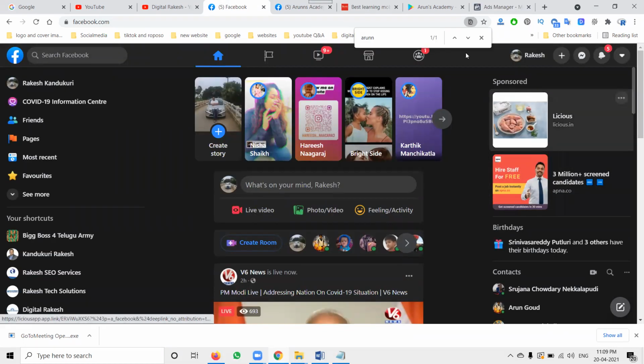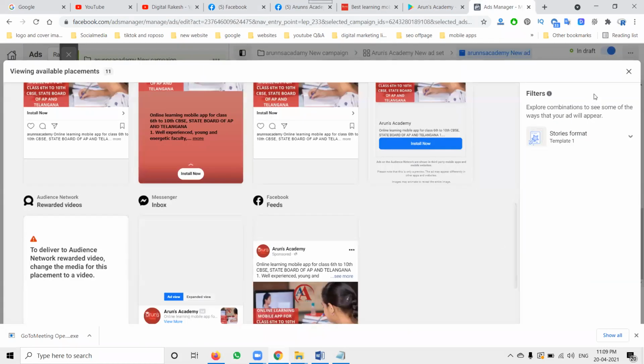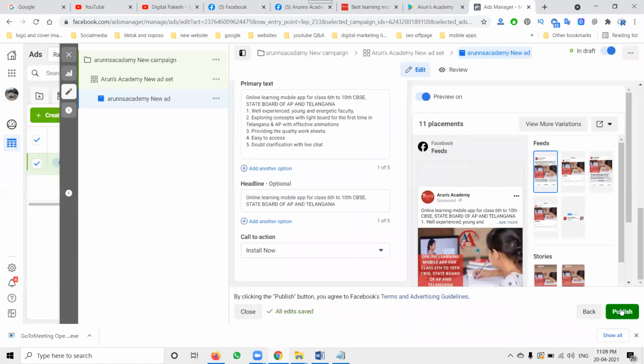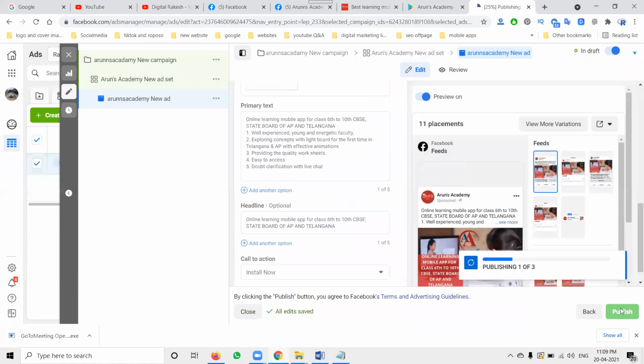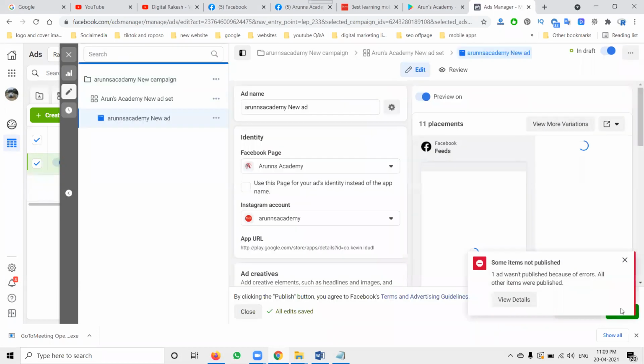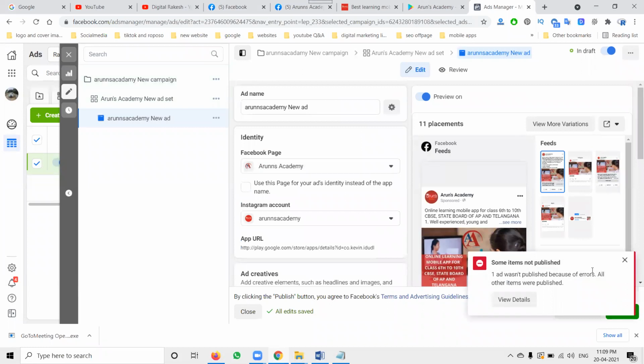This is also your sponsored ads. Finally, click publish your ad. This ad is now publishing for marketing, getting installs based on your content, so the app reaches customers and activates your option. We got some errors; it will be fixed and published.